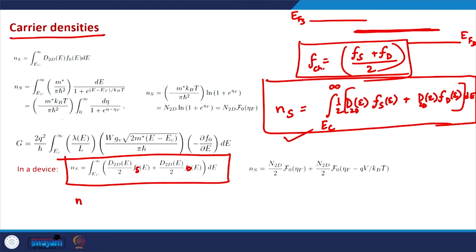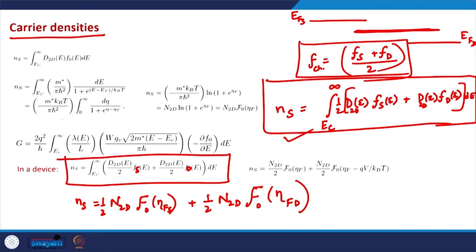So, this first term, the carrier density in the channel is 1 by 2 N2D, because this 1 by 2 will come out, Fermi Dirac integral of order 0 of eta f, where eta f, please remember, should actually be eta fs, plus 1 by 2 N2D Fermi Dirac integral of order 0 of eta fd, because now this parameter eta f will be different for the source contact as compared to the drain contact,